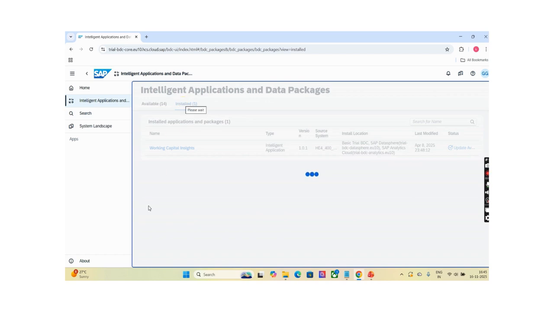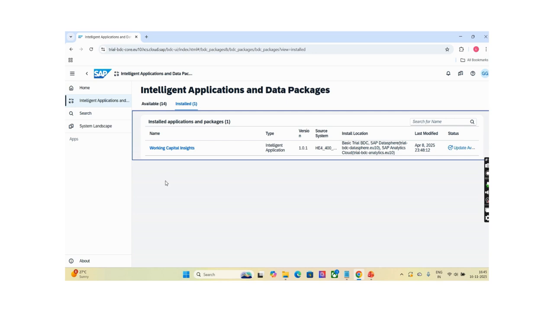When you are subscribing for the trial version, by default it comes with the Working Capital Insight application as an installed application, and this one is a SAP managed application, so you cannot make changes in this application.